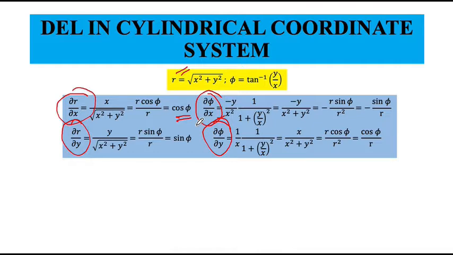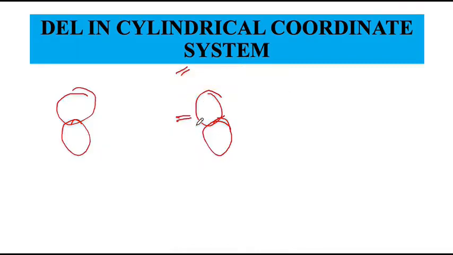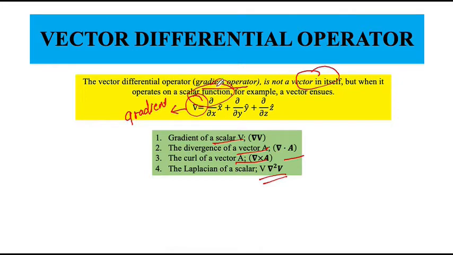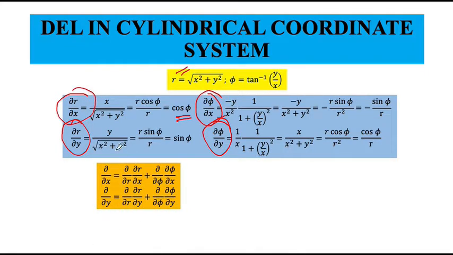Okay, why are we finding that? We know that in the formula we were having, if you will see, we were having partial differentiation with respect to x. So now we have to find partial differentiation with respect to x, but we are in the cylindrical coordinate system where we work with r, phi and z. So for that I will multiply and divide with r, and as well as for phi. So I will get partial differentiation of x.